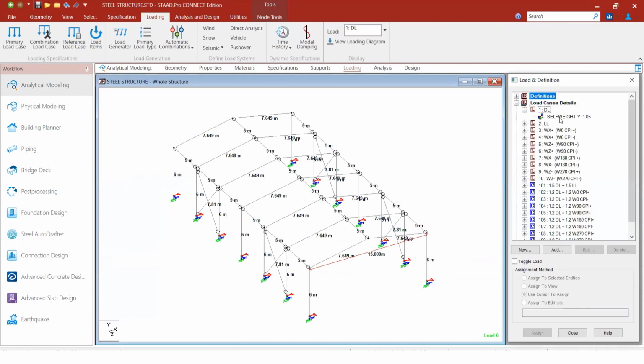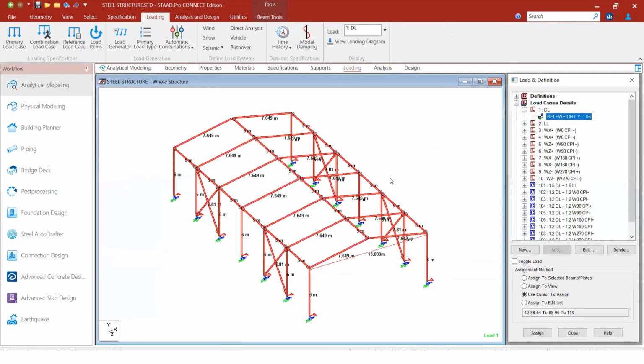If you see the dead load, here I've selected all the members, and I've given the self weight as normally we provide it as -1, that is gravity load. So we provide it as -1. Since in a steel structure you have some bolts and nuts added to it, we provide it as -1.05.